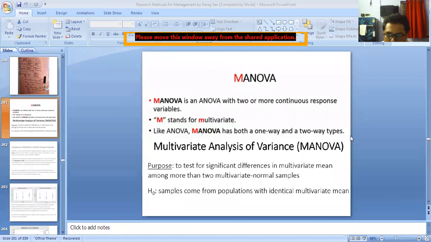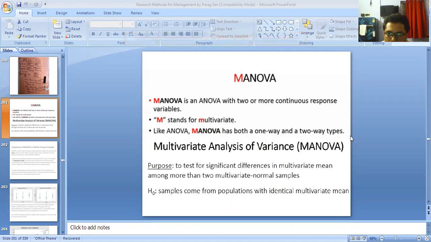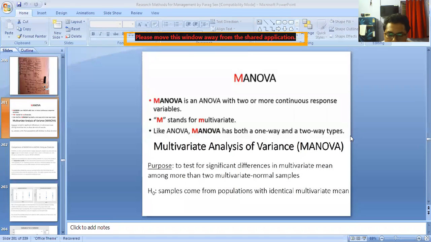In case of two-way ANOVA, there is one dependent variable, like test score, and there are two independent variables, like gender and age groups. But in MANOVA, if you talk about two-way MANOVA, that means